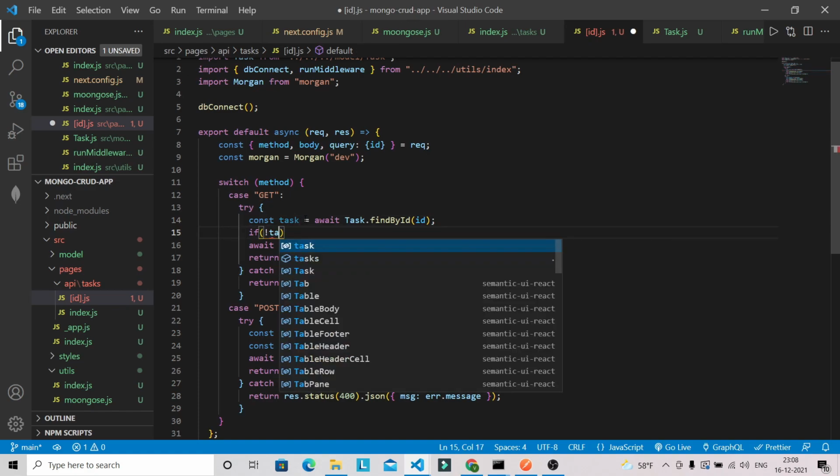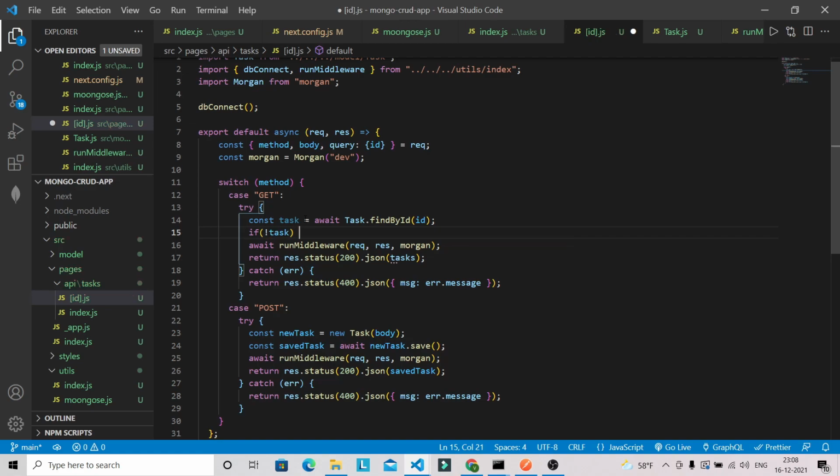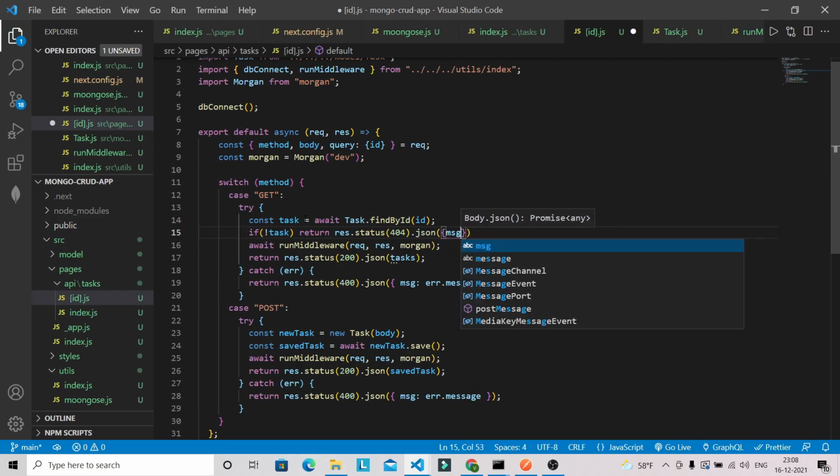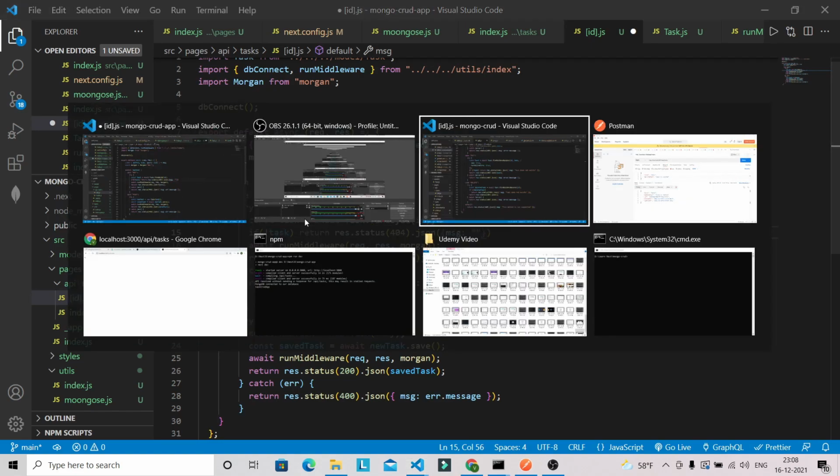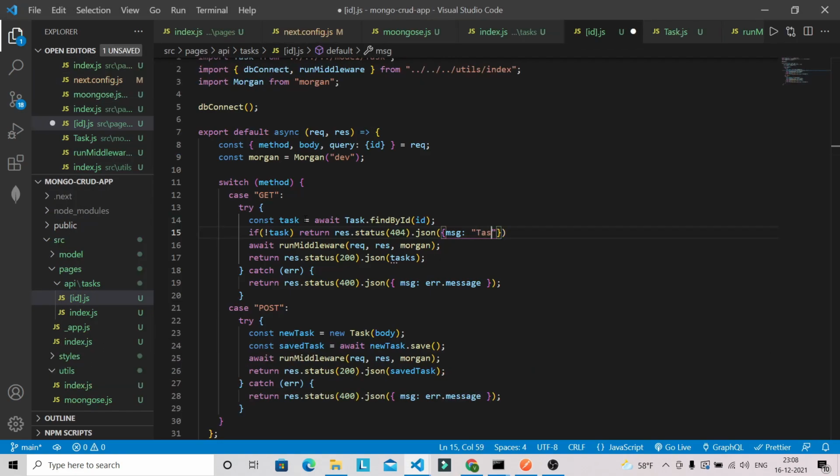So if you don't have the task, we can return response.status(404).json with the message like "task does not exist". Okay, and after that we can run our middleware and we can send the response. So it will be task, not tasks, and this will be as it is.